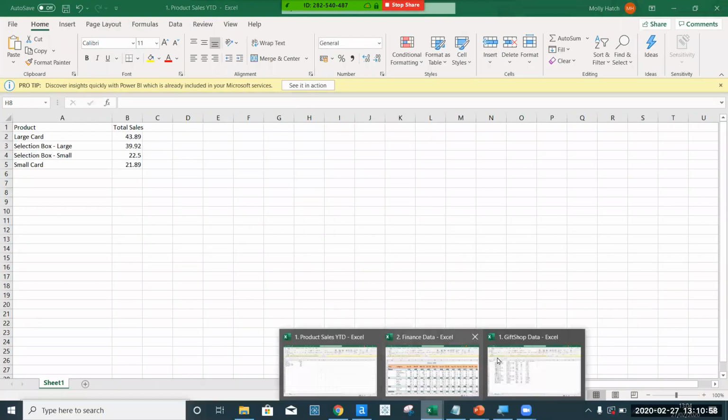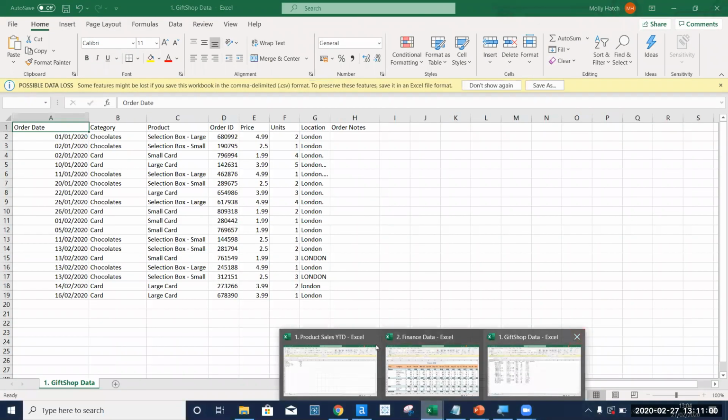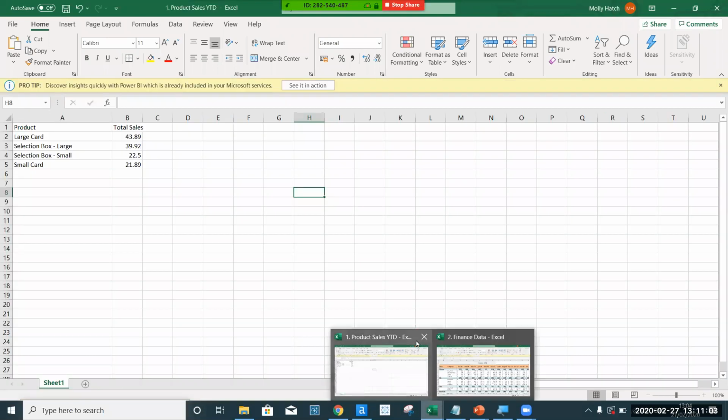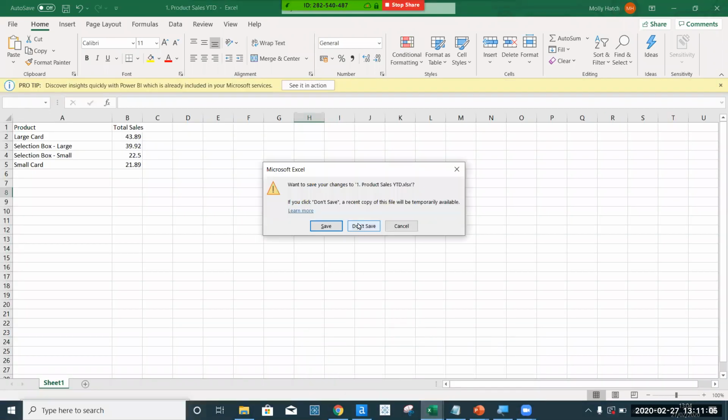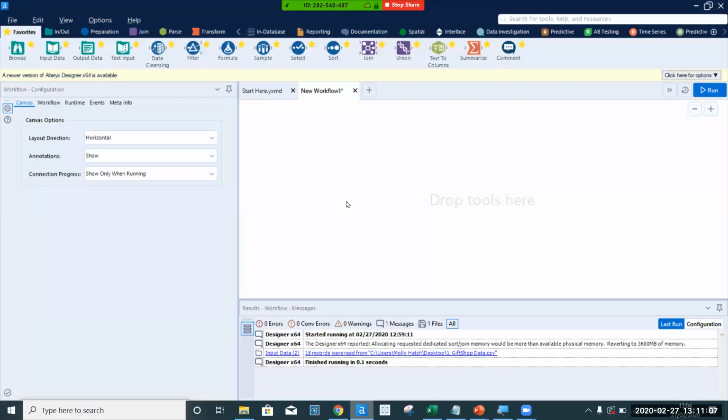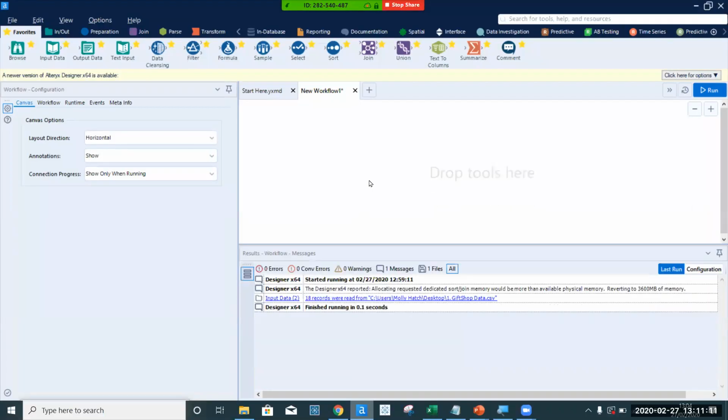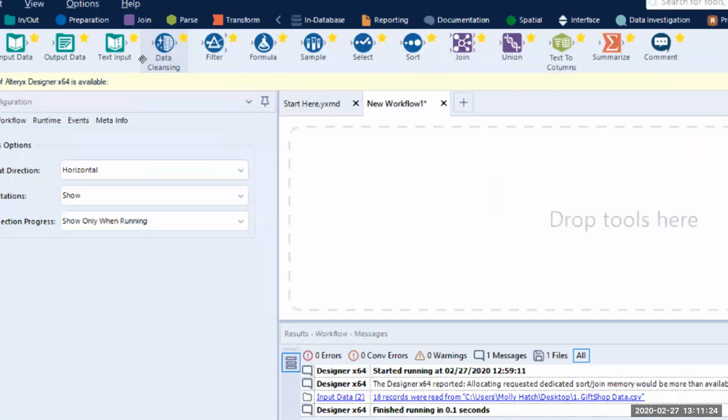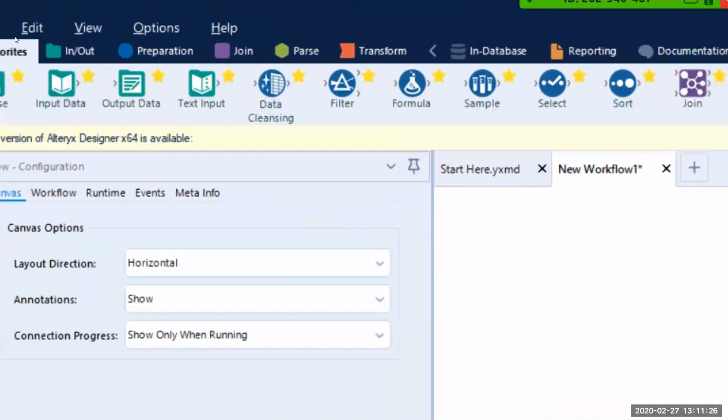So let's now bring this into Alteryx. So open up your Alteryx Designer. We can see the interface here. So before I start going through this first demonstration, I'm just going to talk through some really useful parts about the Alteryx interface itself. So the first thing is this toolbar at the top, which is where we drag and